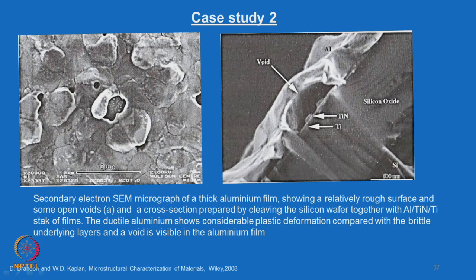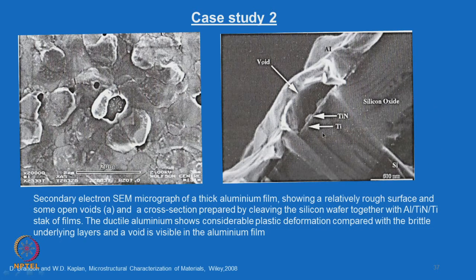A cross section view is shown in this second image, and again it is prepared by cleaving the silicon wafer together with the aluminum, titanium nitride, titanium stack of films. The ductile aluminum shows a considerable plastic deformation compared with the brittle underlying layers, and a void is visible in the aluminum film. So, this is